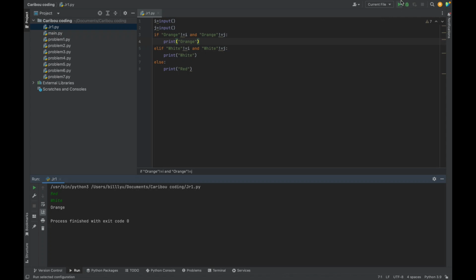And then orange, red. It says white. So just like that, we have written the code for the first question